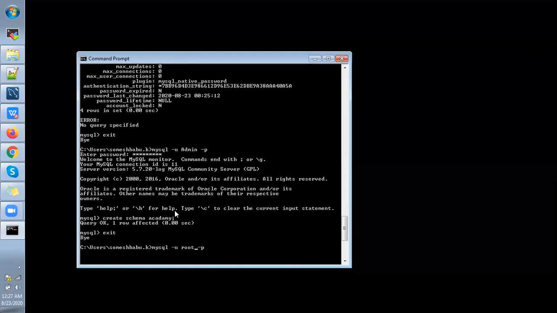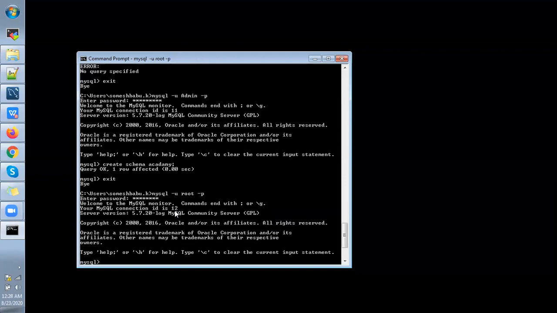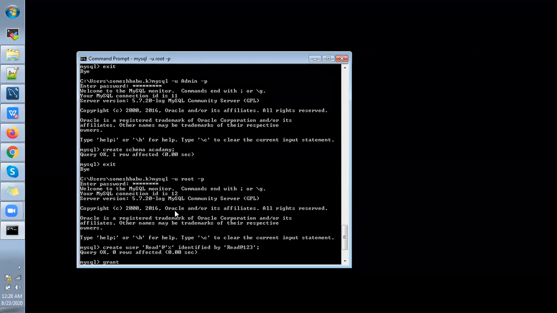So let's log in with the root user. Create the user called read, and you can access it from any server, identified by read@123. Now I'm giving grants for the read user, where the privilege is the matter.